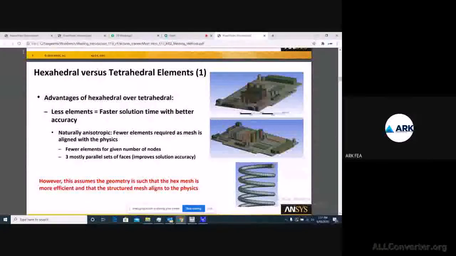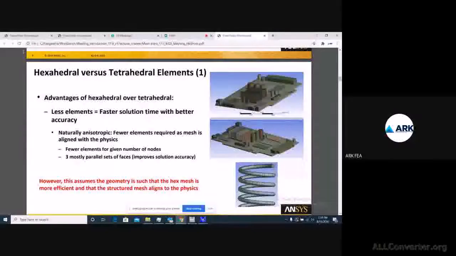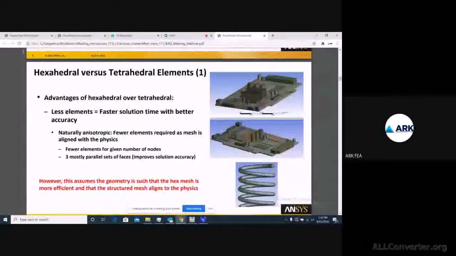So how do you get quick results? When you have a smaller number of elements and nodes, right? Because at every node particular equations are being solved, and if the number of elements increases, then the number of equations also increases. When your equations increase, it will take a longer time to simulate, right?